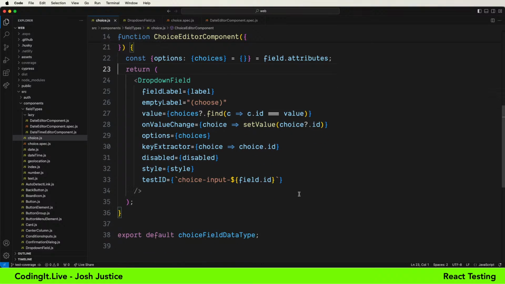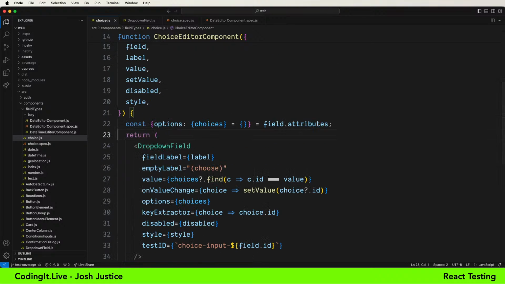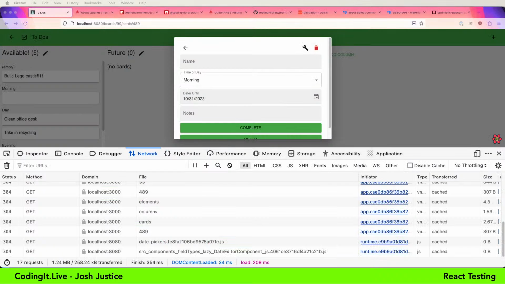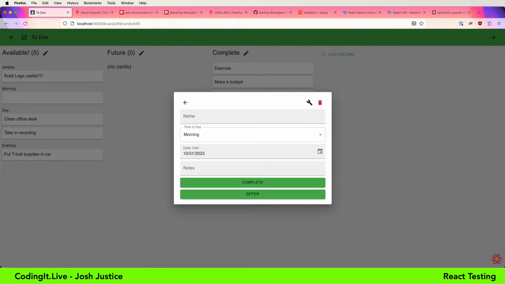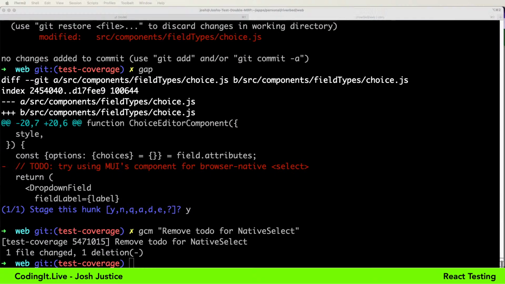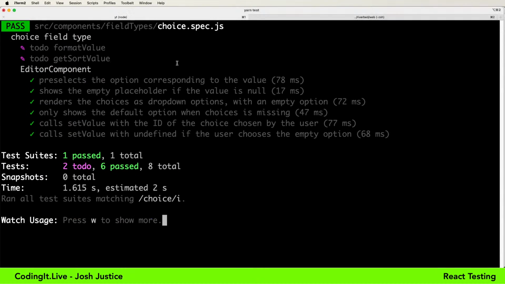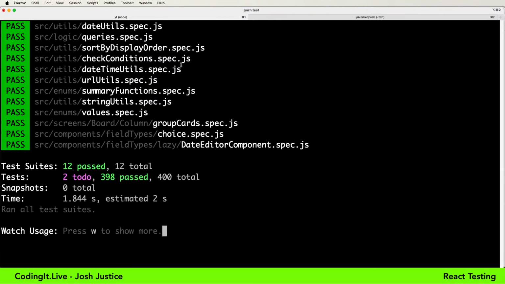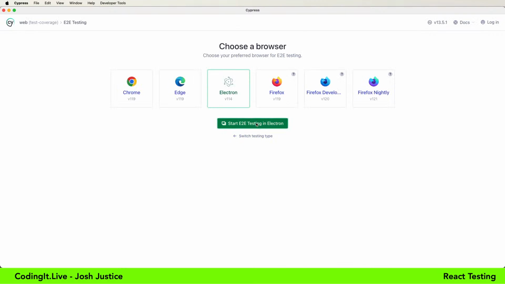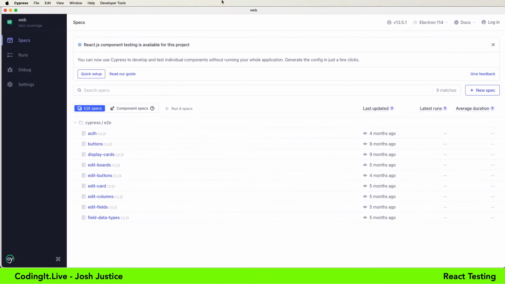All right, that's some good test coverage there. Let me think back about my list of things that I wanted to be able to change and see how our test coverage has helped with that. In the meantime, let me just run my Cypress test to make sure that we haven't broken anything at that level. And I should run our whole test suite as well. So running all of our components, all of our Jest tests here, they're all passing. There are those to-dos for those low-level functions that I want to do. But let's run our Cypress test to make sure that that's all still good as well.